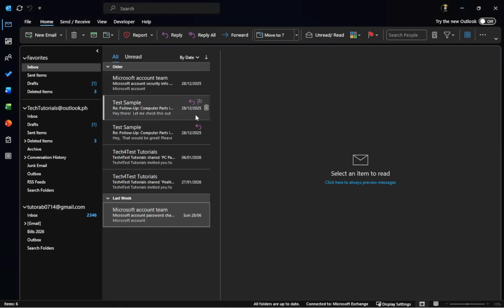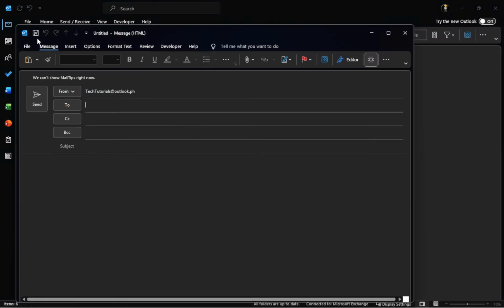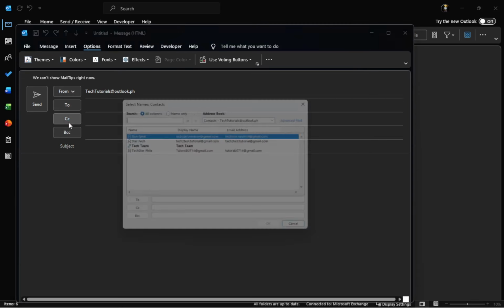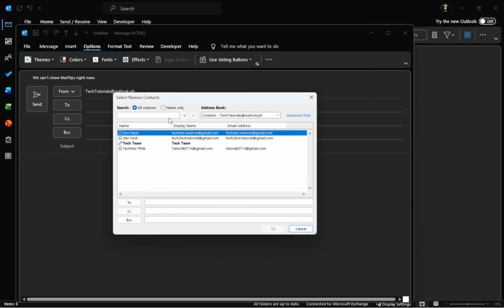Start by opening Outlook and clicking on New Email to create a new message. This familiar step helps you transition seamlessly into composing your email just as before. If the CC field isn't visible in Classic Outlook, navigate to the Options menu and select CC. This action will reveal the CC field, allowing you to add additional recipients. This step is crucial for ensuring that everyone who needs to be informed is included without being a primary recipient.